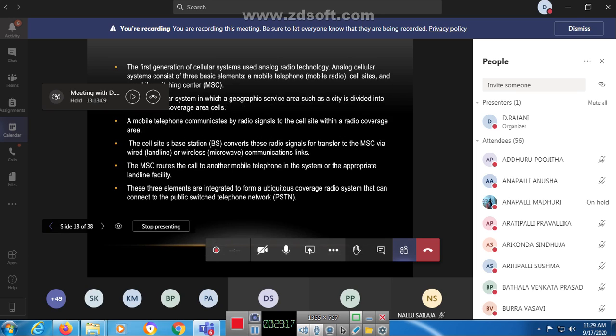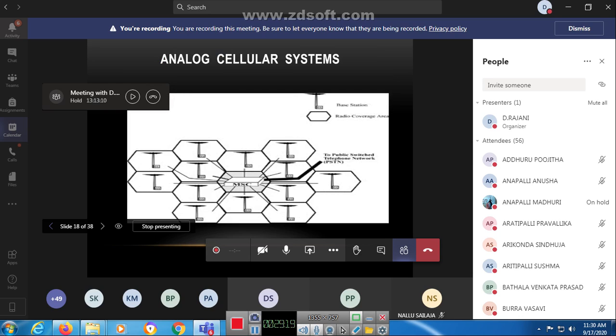So analog cellular system, for analog cellular system, base station, radio coverage area and mobile station center. So that means in the analog cellular system we have the